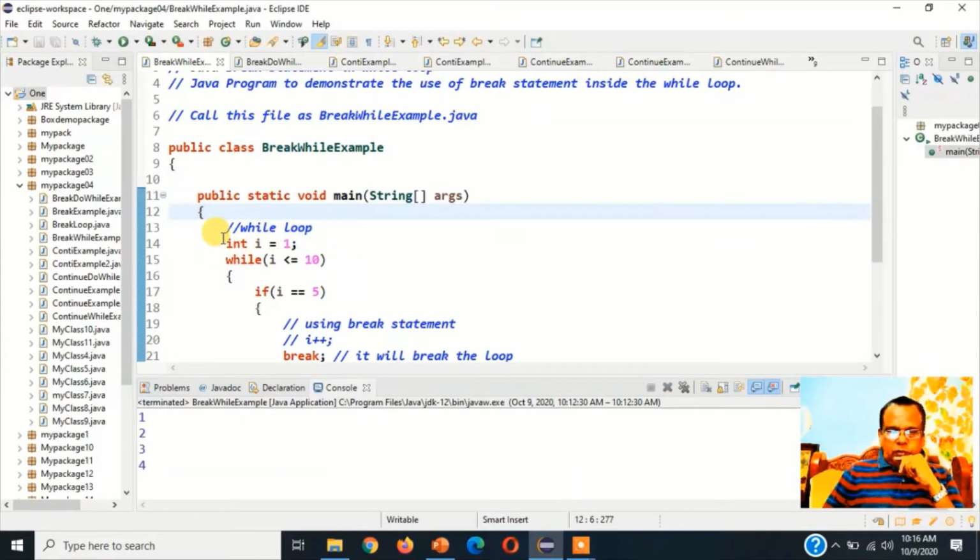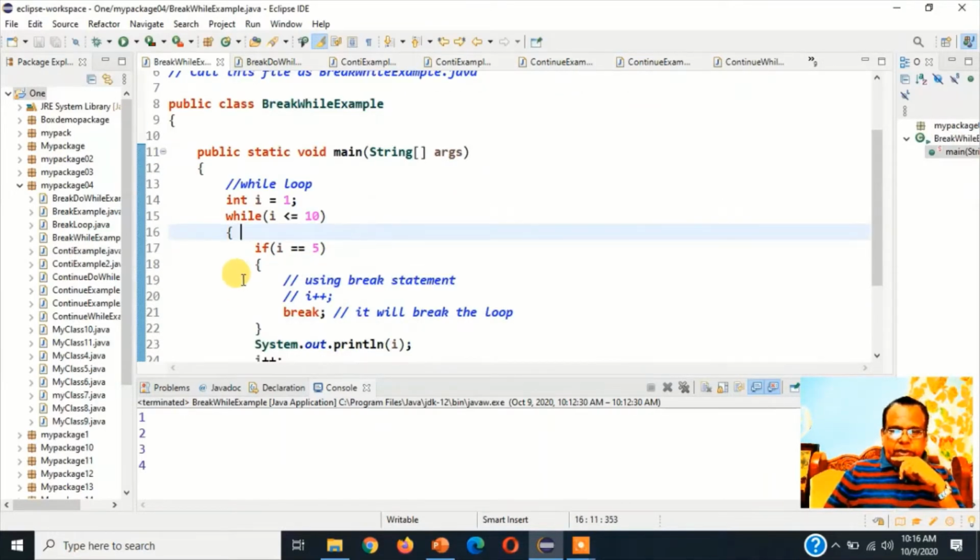Now look, while loop. I put a comment, while loop. int i = 1; Fine. while (i <= 10), next line, open the brace. Now we are coming out with the condition. Look, if (i == 5),